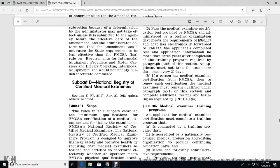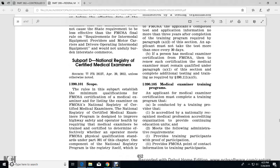All right, Subpart D, National Register of Certified Medical Examiners, Scope. The rules of the subpart itself with the minimum qualification, Federal Motor Carrier Safety Administration Certification Medical Examiner Listing. The Federal Motor Carrier Safety Administration National Register of Certified Medical Examiners program is designed to improve highway safety and operator health, with the requirement that medical examiners be trained and certified to determine effectively